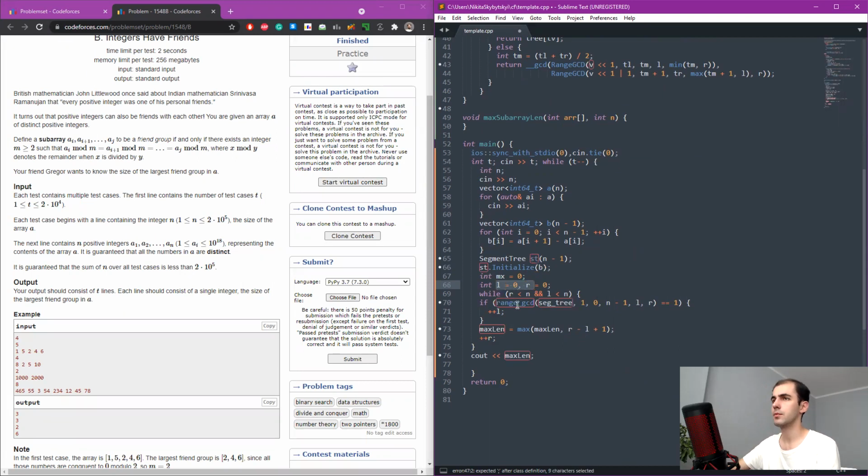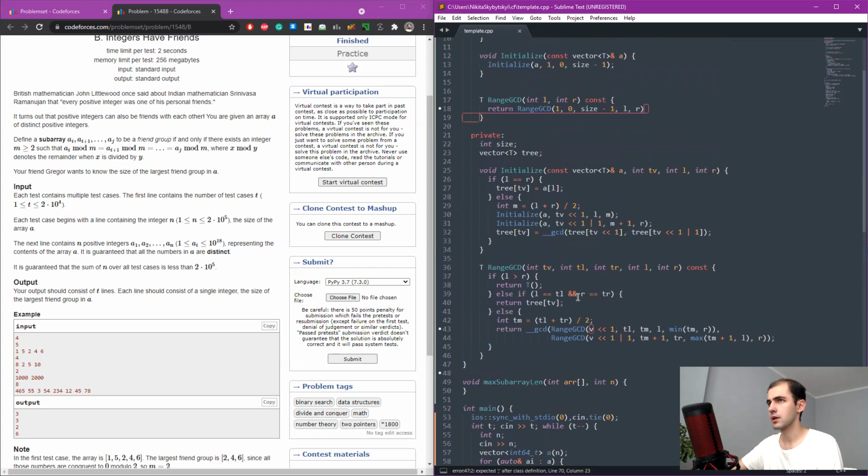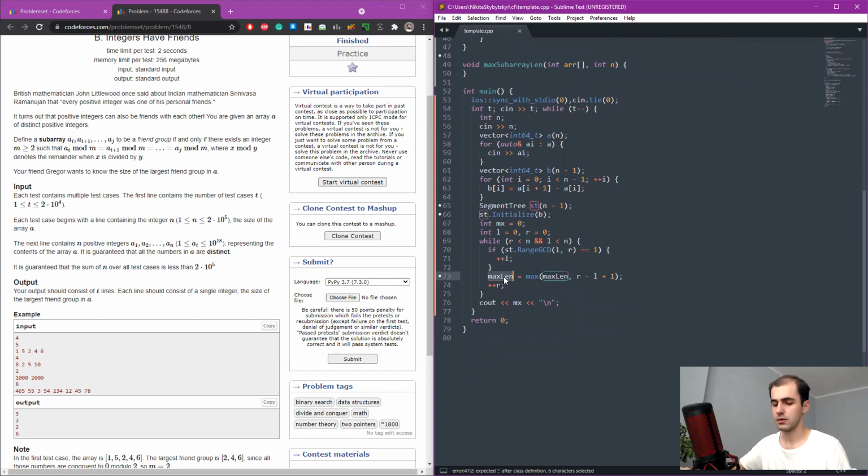So we have a sliding window from left to right. We'll loop while this is at most. If we check if range GCD from L left to right is 1, and I hope that I should be fine. We check, we actually should check while if this GCD, no,